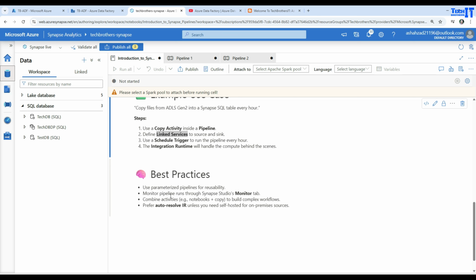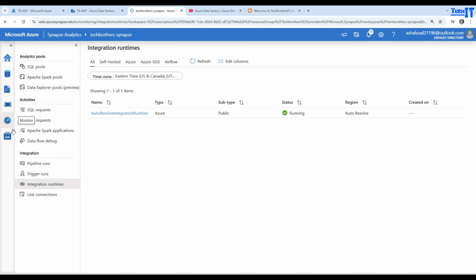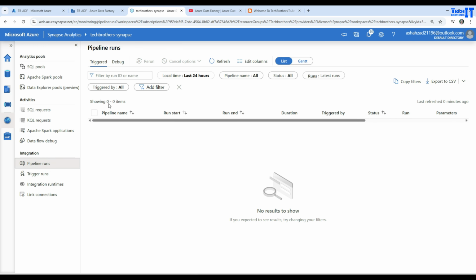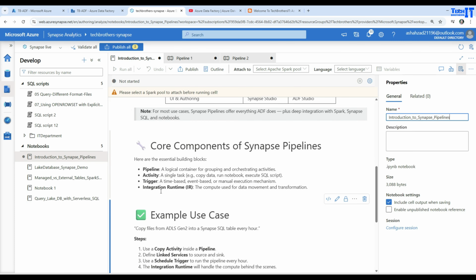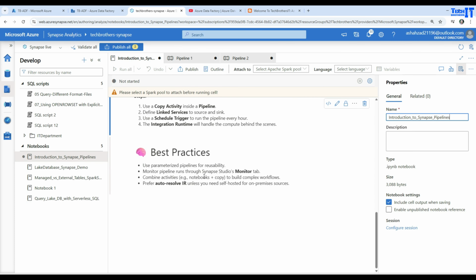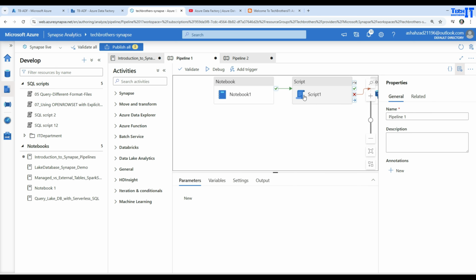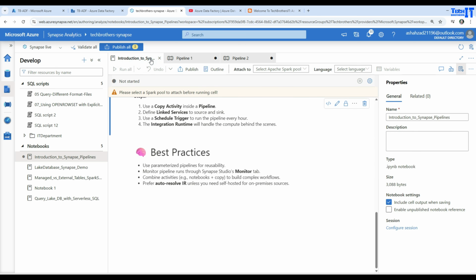Next, monitor pipelines through the Synapse Studio monitor right there. So we go here and say pipeline runs, and that's where you're going to see all the pipeline runs. We are going to take a look at this as well. And then finally, combine activities such as notebook plus copy activity to build complex workflows. I showed you how to do that. You can put multiple things together here. Now the last thing is